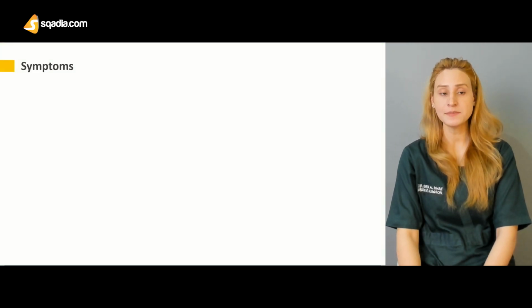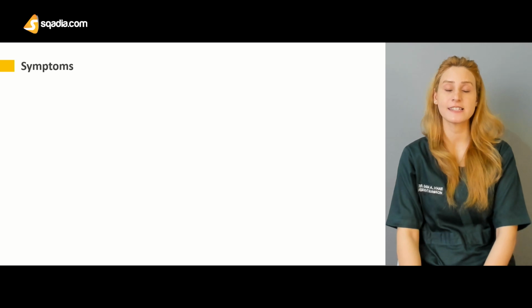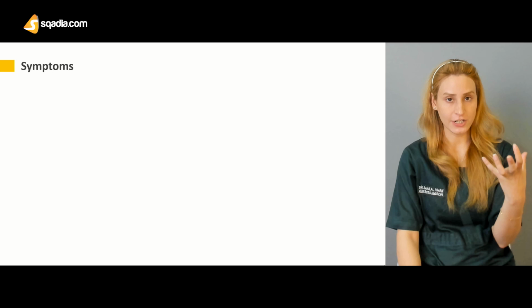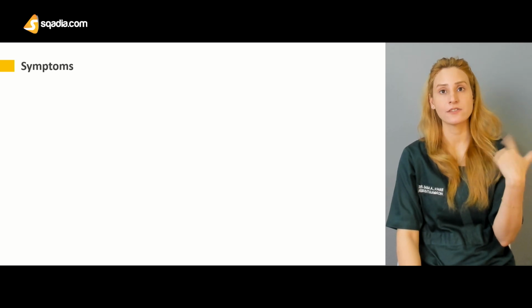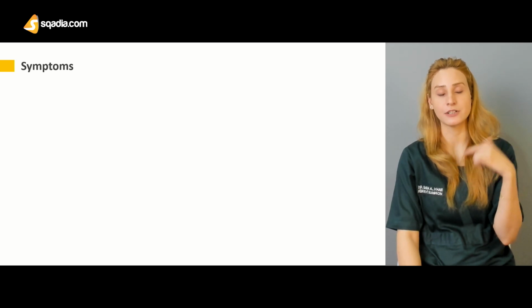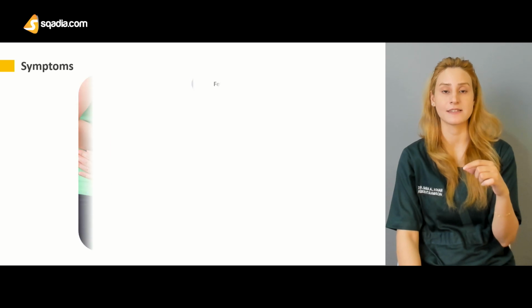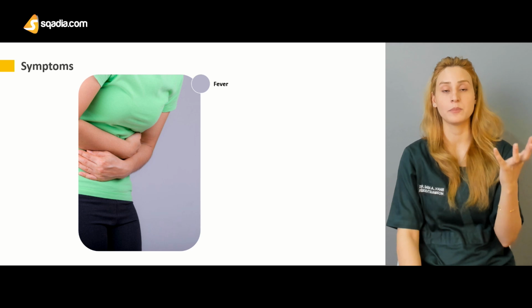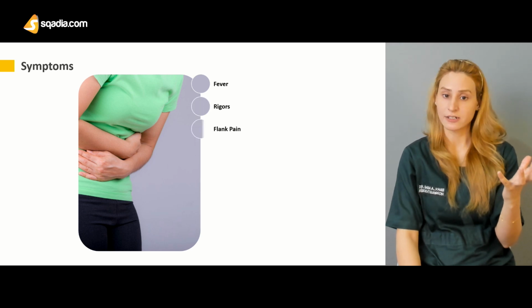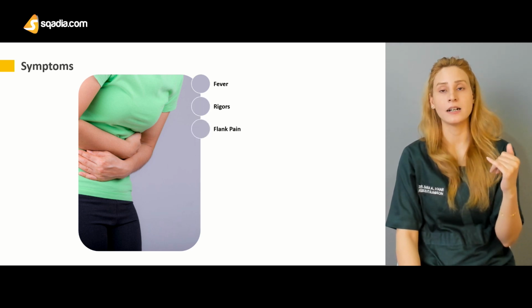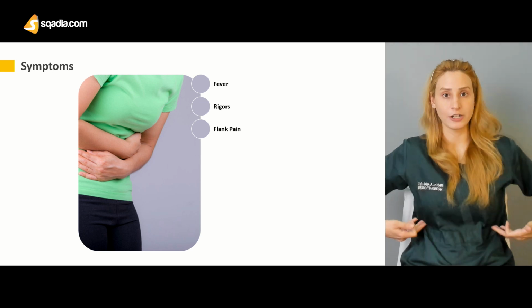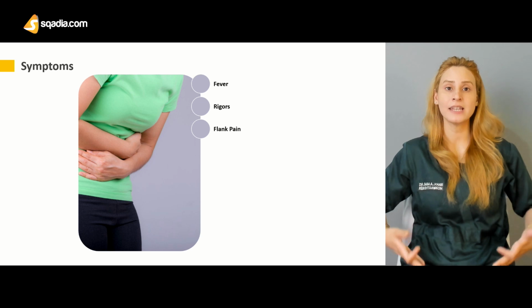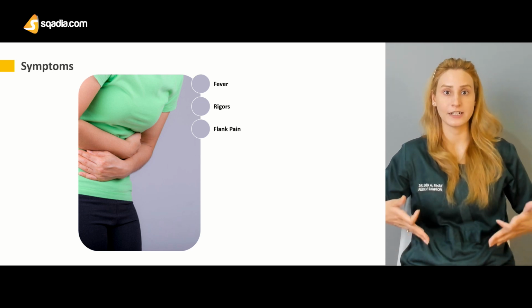Now, again, symptoms. Pyelonephritis is actually an infection of the upper urinary tract, okay, including the kidneys, the renal calyces, and the pelvis. So obviously the patient will complain of fever, rigors, flank pain, mostly in the upper part. When you have a lower urinary tract infection, mostly the pain is in the groin, the lower part,